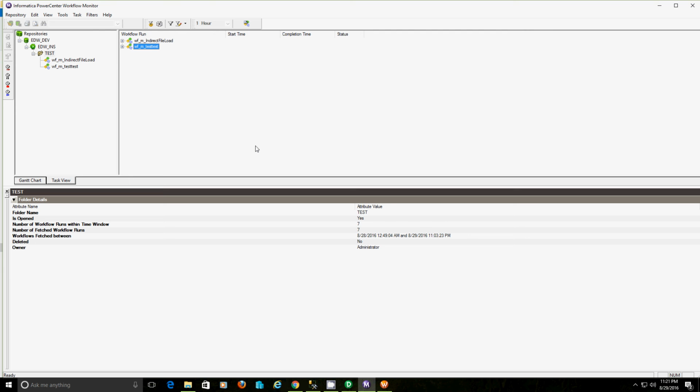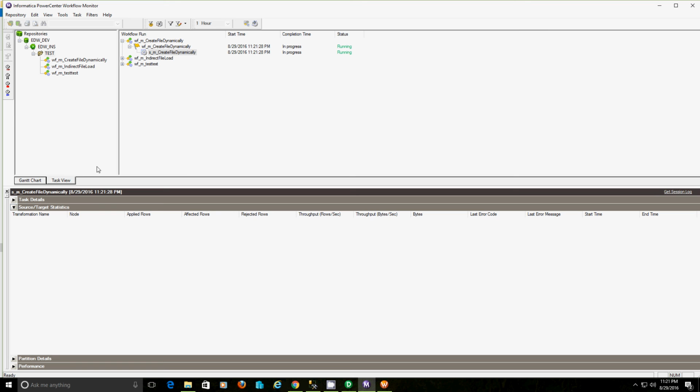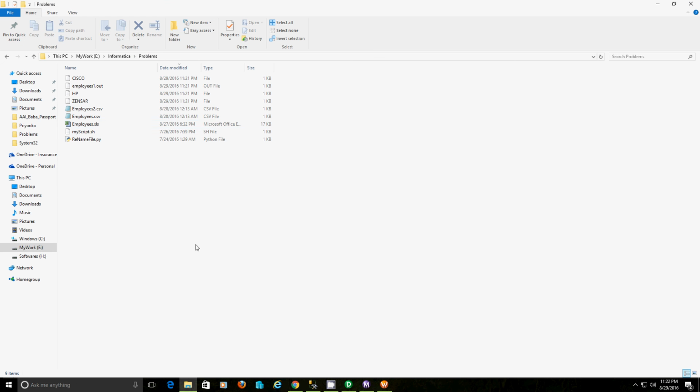Please bear with me, my PC is quite slow. Okay, it started running. It should read 5 records, and it should create 3 different files. Out of those, one file should have 3 records, and the remaining 2 files should have 1 record each. We haven't specified the extension while passing the name value at the target definition, so our target files will not have any extension.